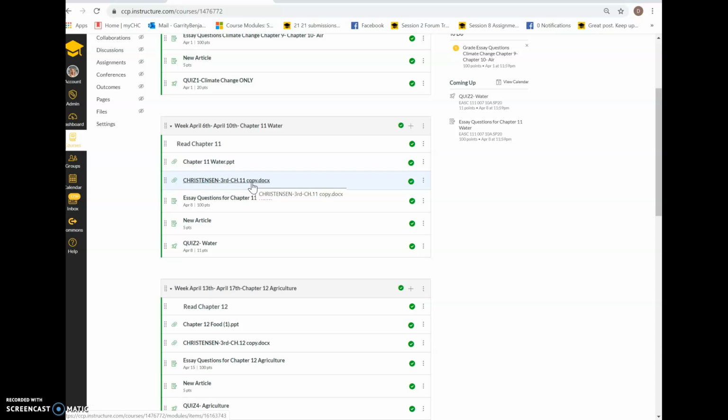So from this point forward, the quizzes are in multiple choice format. They're not in true and false format. Professor Brian likes true and false. I'm not a big true and false person. So from this point forward, all of the questions are in multiple choice format. You're given a longer period of time to take the quiz as well. After the quiz due date, you are given the correct answers for the quizzes.